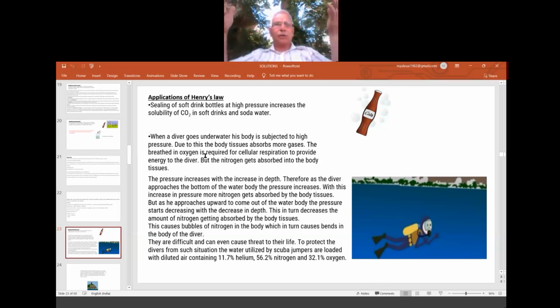So oxygen is used for the metabolism, not a problem. But it is the nitrogen which is making the problem, because nitrogen's kH value is more than the oxygen, from the table. So it is more soluble at a high pressure deep inside. So let it be soluble. When the scuba diver comes to the surface, from bottom to the top, the pressure is decreasing. Due to the decreasing pressure, suddenly the dissolved N2 will come out.